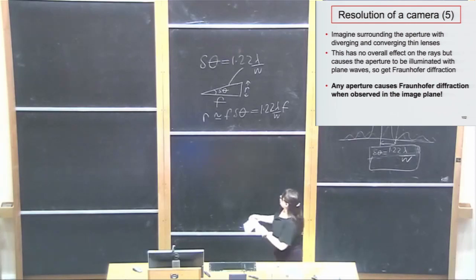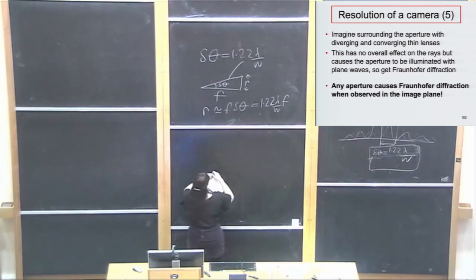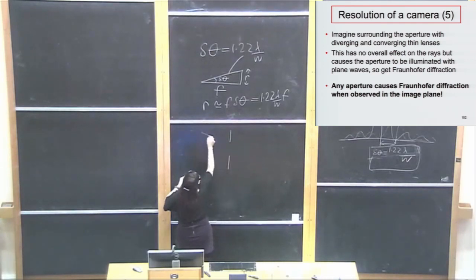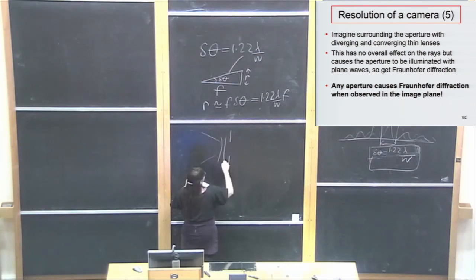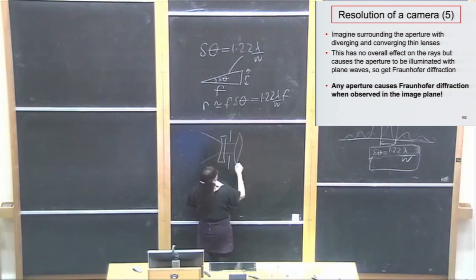You can imagine you've got your aperture, your rays are converging towards it, and then you could imagine putting in a perfect diverging lens, this is supposed to be of infinite extent, so it causes no diffraction itself, right? To quickly convert yourself into parallel rays, then put a converging lens